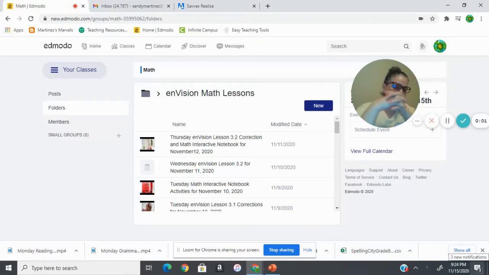All right, guys, we're going to get working on our enVision math. So if you could please grab out your enVision workbook, turn to page 122. We're going to be talking about how you can use doubles to multiply with 4, because we know that